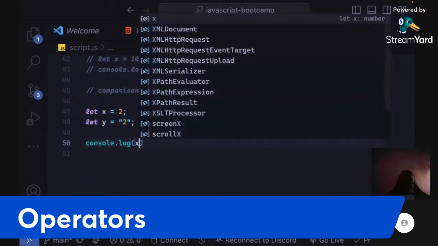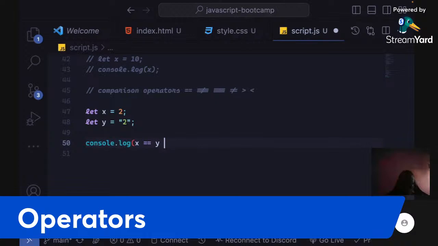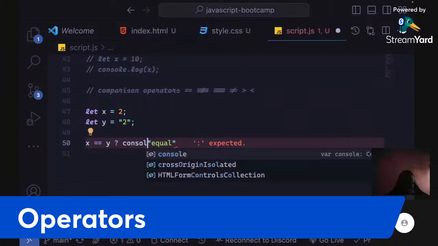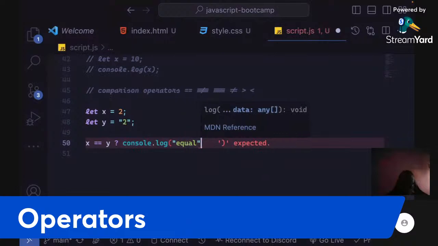Okay, x is equal to y, like that. Then I say equal. I can just console.log equal, or else we normally use console.log